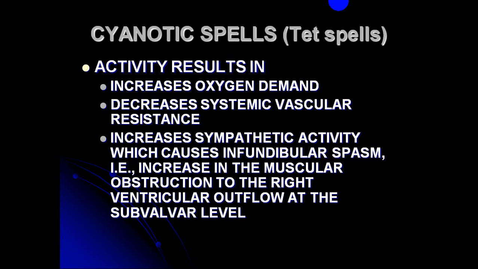In the tet spell, or hypercyanotic spell, activity results in why the child during activity developed a hypercyanotic spell. Increased oxygen demand during exercise, so the need for more oxygen, and decreased systemic vascular resistance. Increased sympathetic activity causes infundibular spasm, more right ventricular outflow obstruction. So there is an increase in the muscular obstruction to the right ventricular outflow at the subvalvular level, as we said, is the